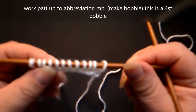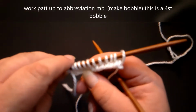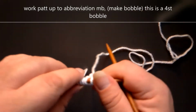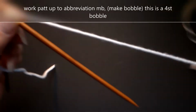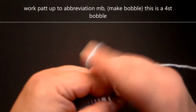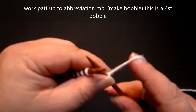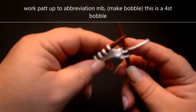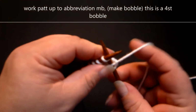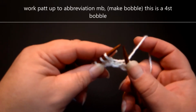And right here I have some yarn already on the needles. I've already worked one row just so we can start working these mini bobbles. So first of all, let's just knit a couple of stitches so we're away from the edge. Moving a bit closer. And now what we need to do is we're going to knit, purl, all into the